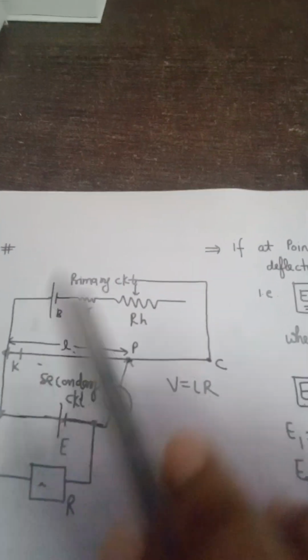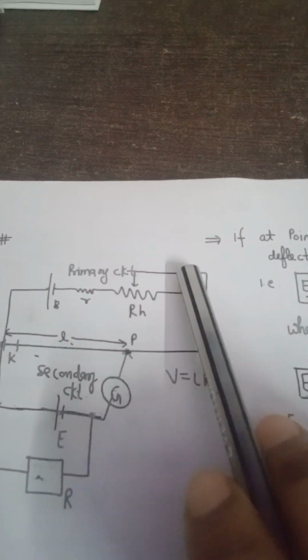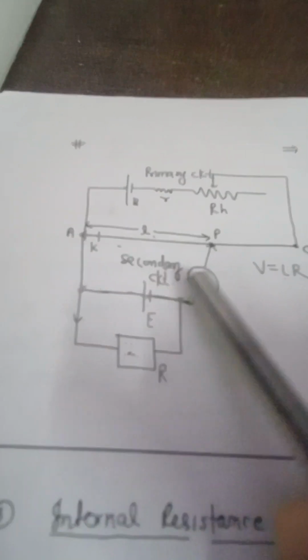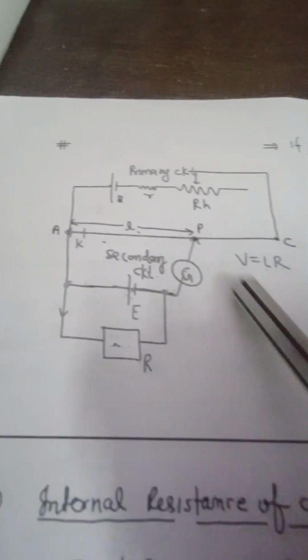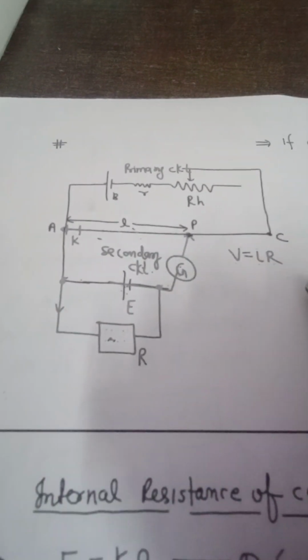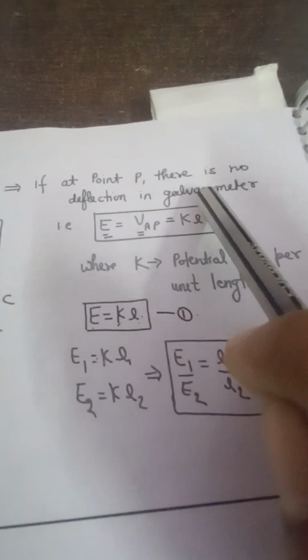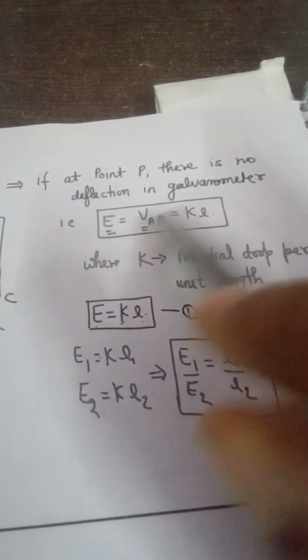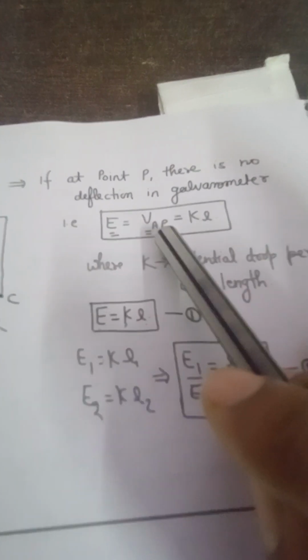Okay, so you can see this is a potentiometer. This is the primary circuit and this is a rheostat. Then this is the secondary circuit. Then this is a galvanometer. So V is equal to IR. If at point P there is no deflection in the galvanometer, then E is equal to